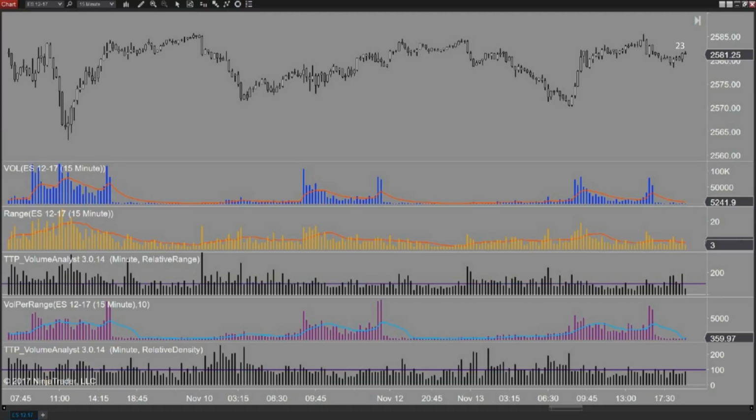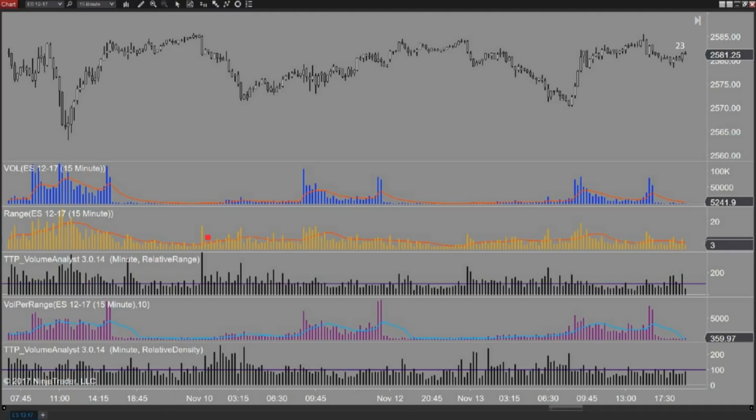There's another one. All right, so what we want to do with intraday charts is eliminate that same problem that we dealt with earlier with the volume, and our solution was the relative volume. Now we're looking at the variance between the sessions and the seasonality within the sessions for range and volume per range. We need to eliminate those two problems, and we do that with